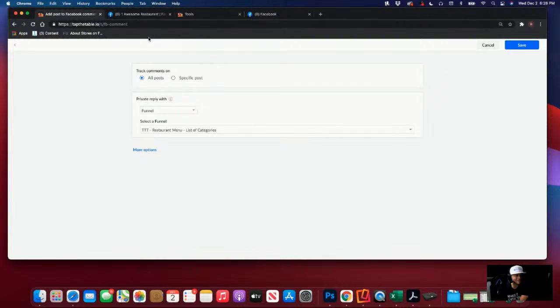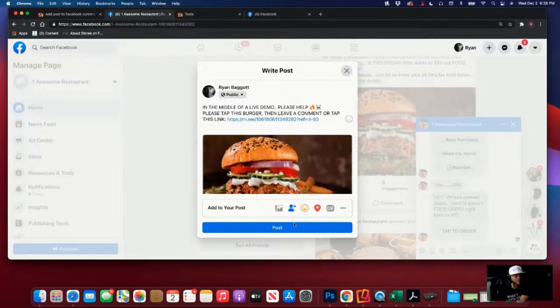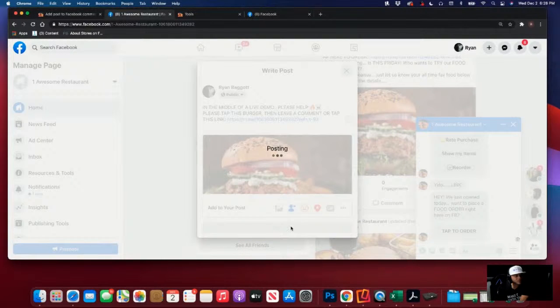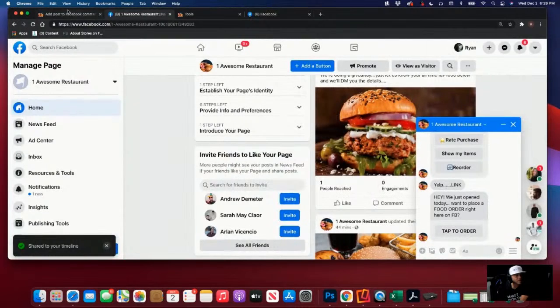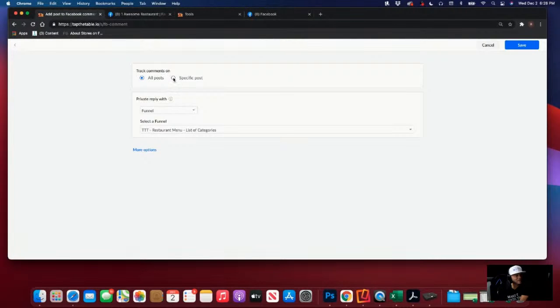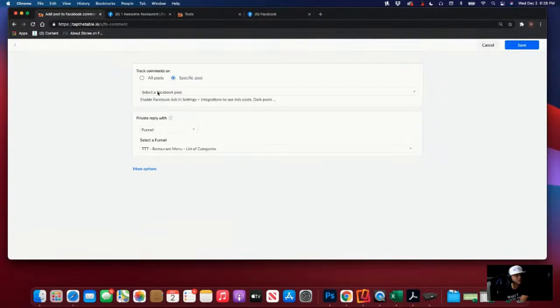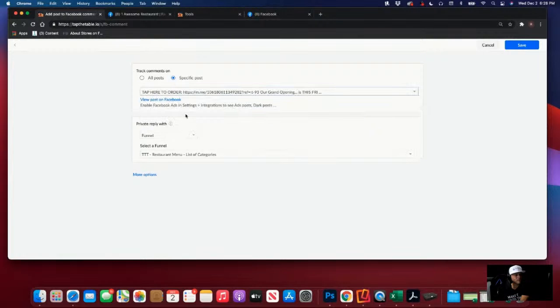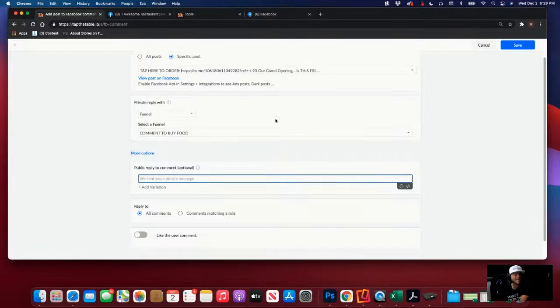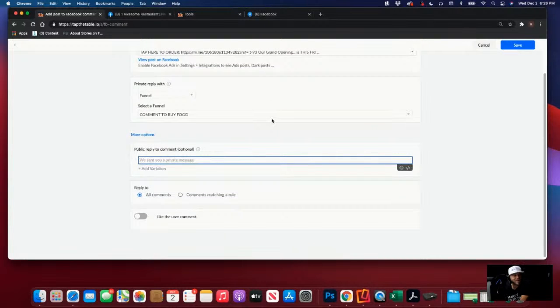Okay, now let's do this. This would be fun. Post. Okay, back over here. Let's look for a specific post. Select the Facebook post, tap here to order. We're going to reply with a funnel, and that funnel is going to be the one we made that says comment to buy food. And now we're going to have an automatic public reply, multiple folks, because it's important not